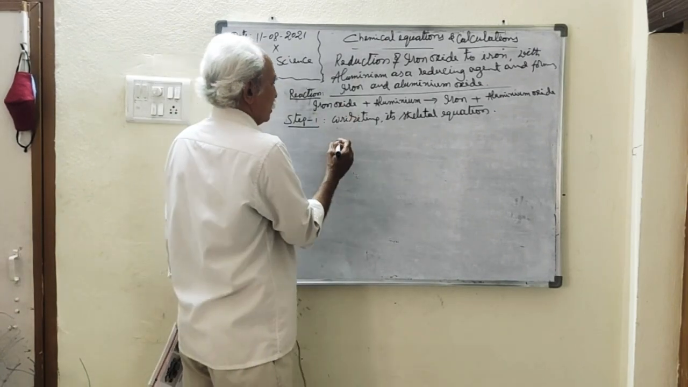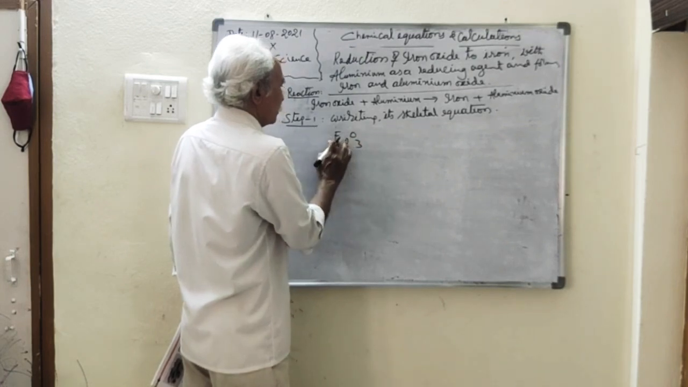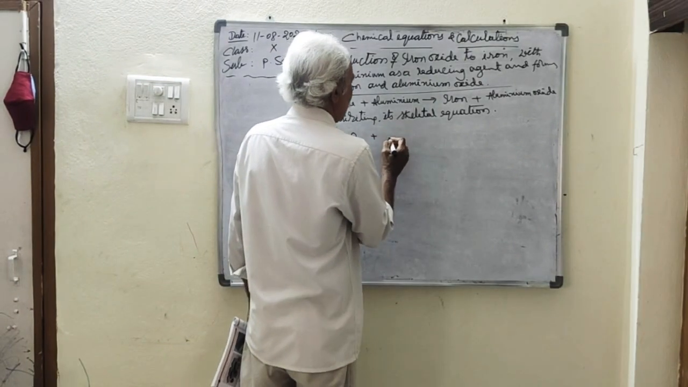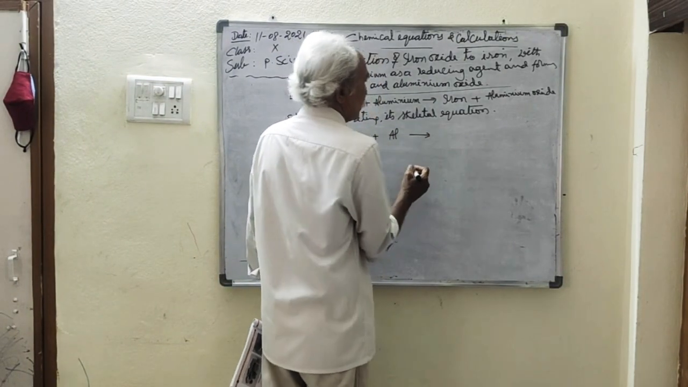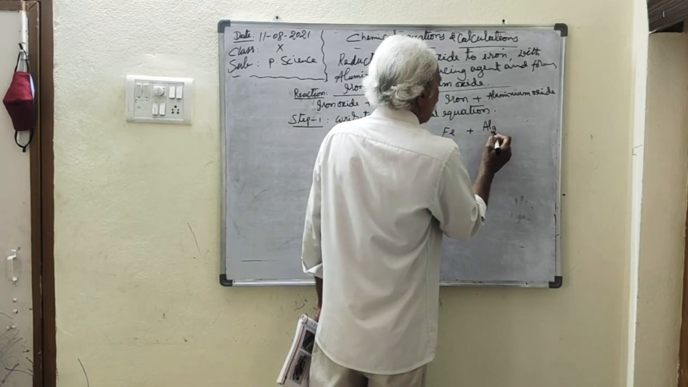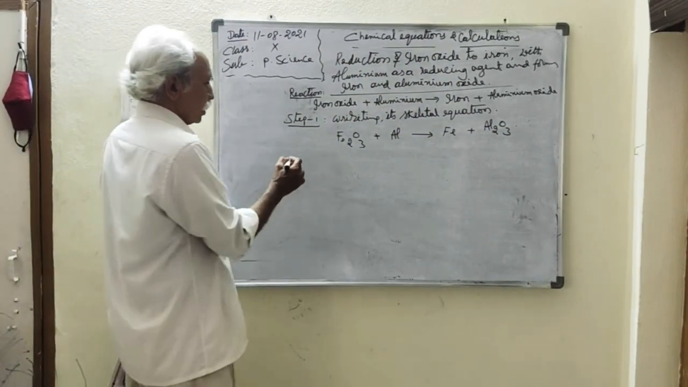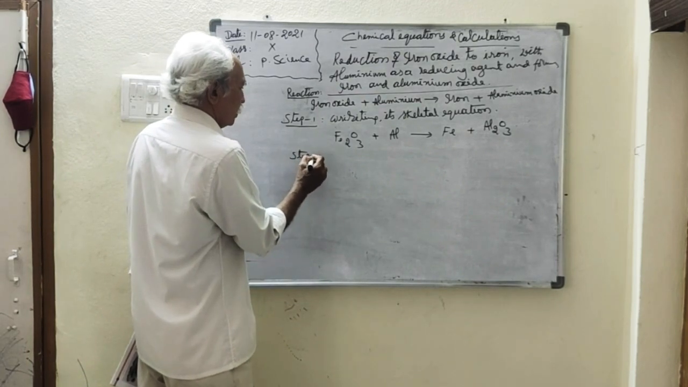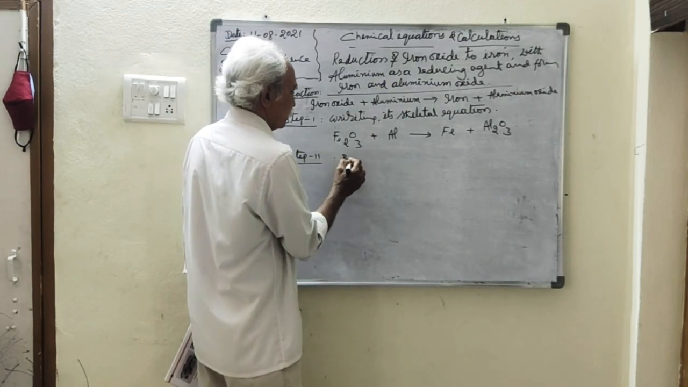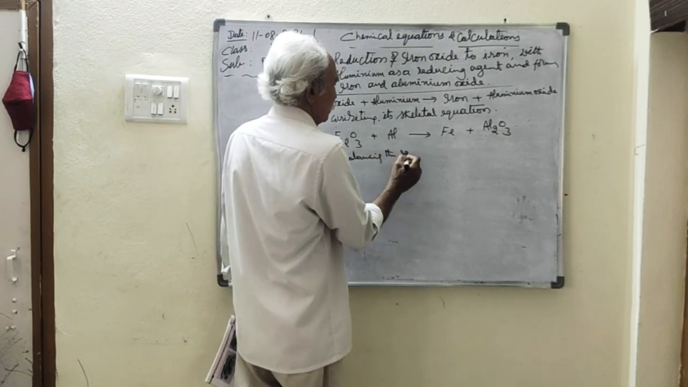So iron oxide formula Fe2O3, ferric oxide. Fe2O3 plus aluminum symbol Al is raised to Fe iron plus Al2O3 aluminum oxide. This is the skeletal equation. So step number 2, you know already, balancing the equation. How do you balance? Balancing the equation